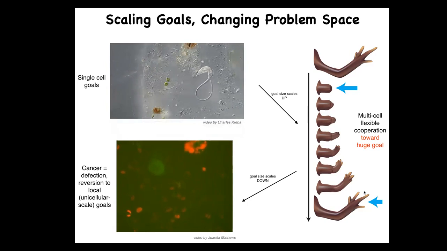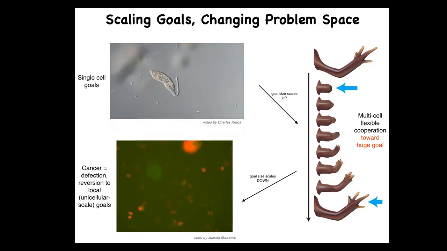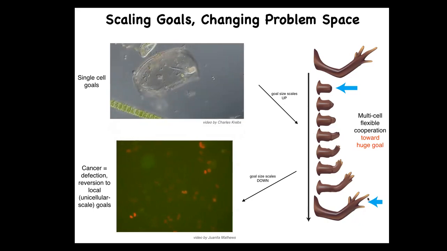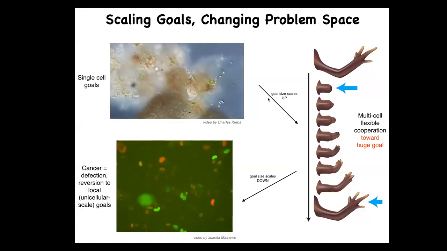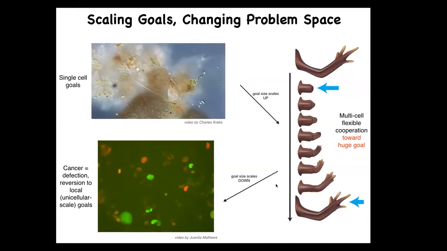So this is centimeters long, and no individual cell knows what a finger is or how many fingers you're supposed to have. But the collective absolutely does, because you can see that because it works towards the set point. So the cognitive light cone scales up. Their goals are now centimeters in size in this anatomical space, larger goals in a different space. That scale up has a failure mode. That failure mode is cancer.